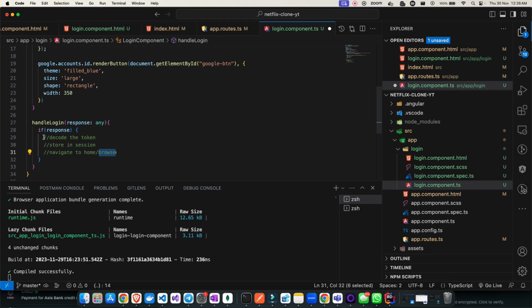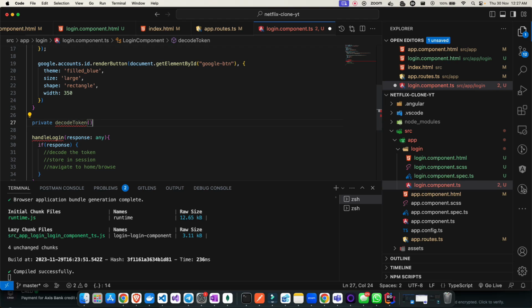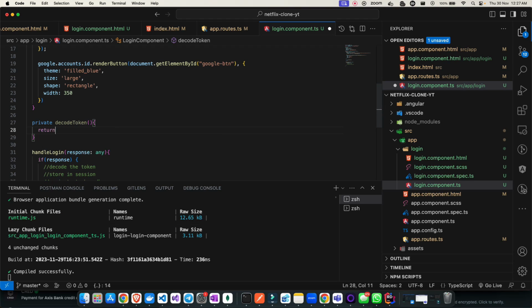If my login is done, and I have a response in that, then I have to do these three steps. To decode a JWT token, it's quite easy. Let me create a private method, decodeToken. In this private method, I will just return JSON.parse, and I will make use of the window function atob,